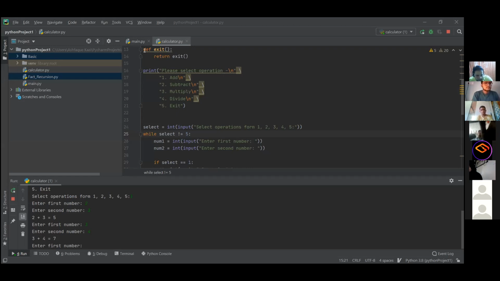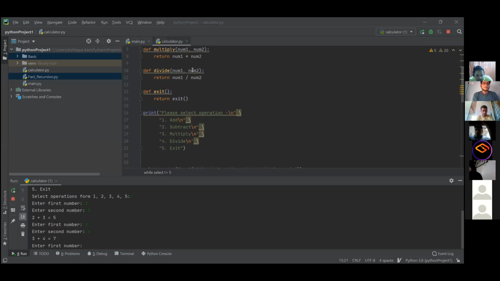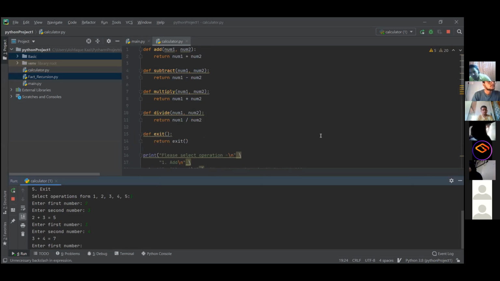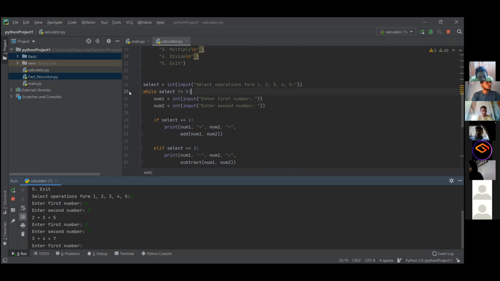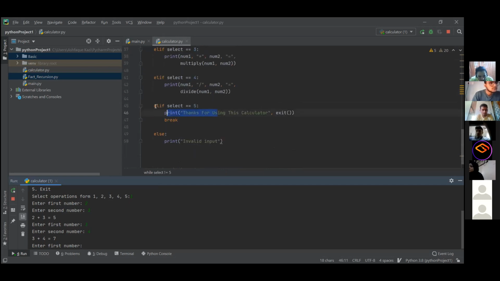I'm sharing the screen. Sure, Ali. Did all the modifications. Can you show the code first? Everyone, whenever you're sharing the screen, make sure that the screen is zoomed or enlarged. Def exit. You have made one function. Okay, good. Written exit. Okay. While select not equal to 5. 5 is your exit. Okay. 1, 1, 2, 1, 2.